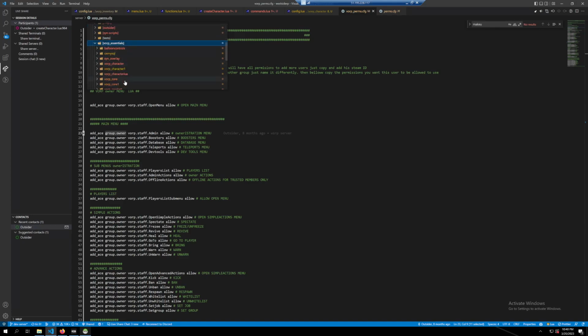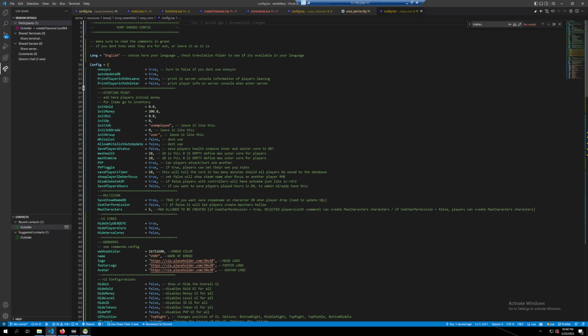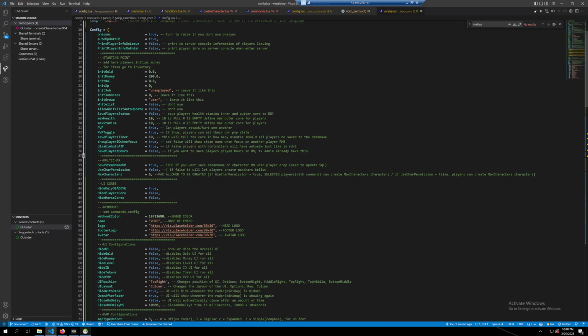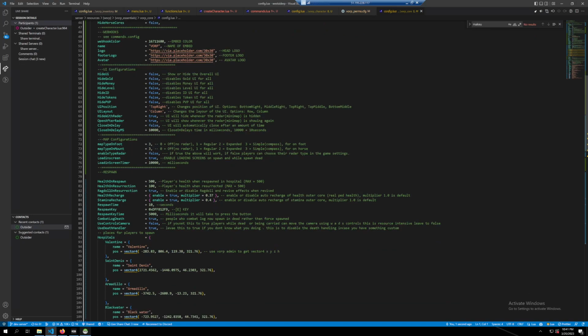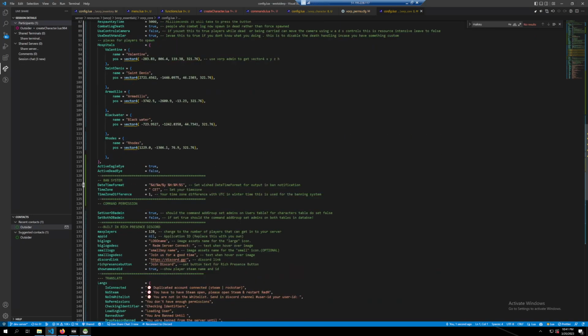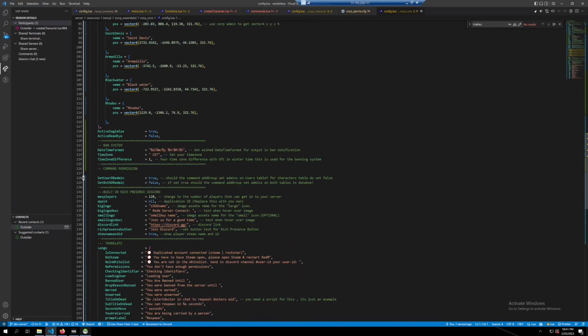So if we go to VORP core config, right, we go to config, and in here we will see these two. So set user db admin. This one,